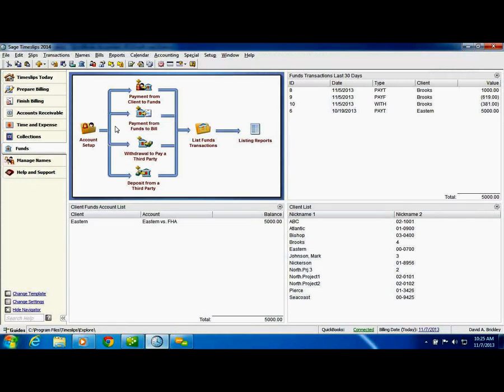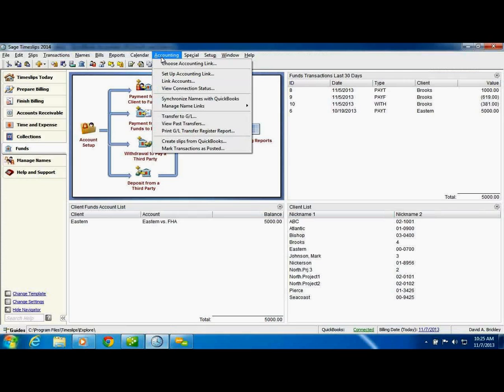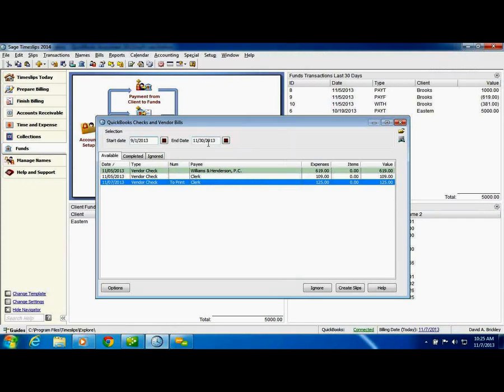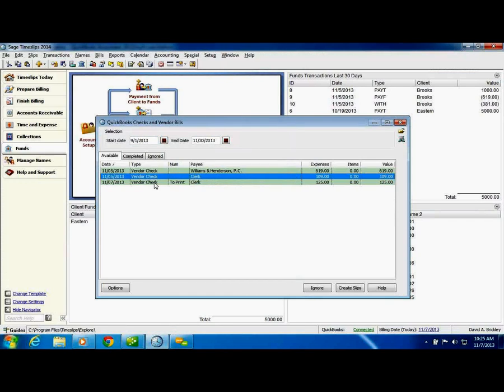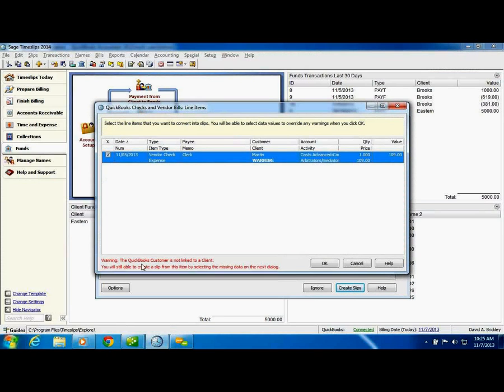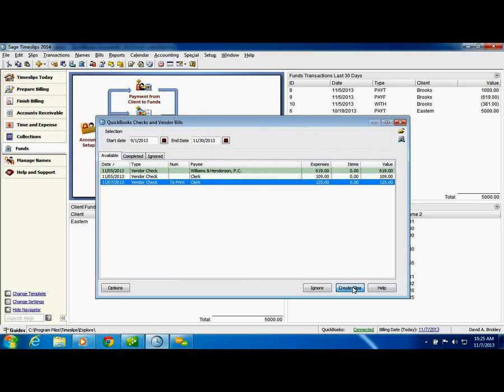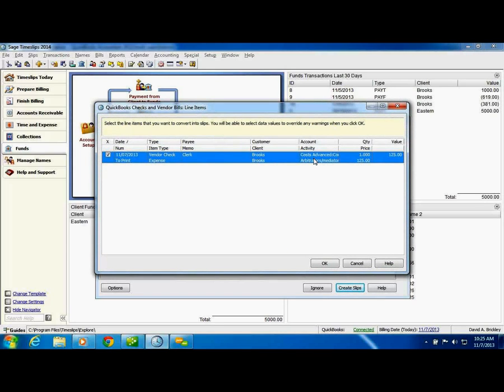So you can go ahead and put all of your checks in, and when you're ready to do your billing, you can go into TimeSlips, and rather than re-enter them, which is so often the procedure, we can create slips from QuickBooks. So we're going to go ahead, it's going to look it up, and it's going to see here is our $109 check. As you can see, there are some other checks that need to be printed. And we're going to create a slip. And let's just do it on this one, because this one is linked where it's going to charge him for that $125.